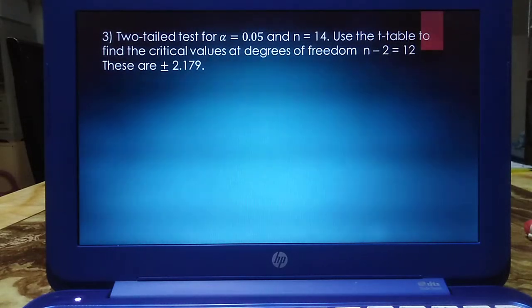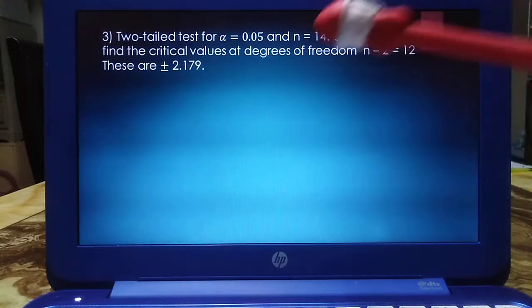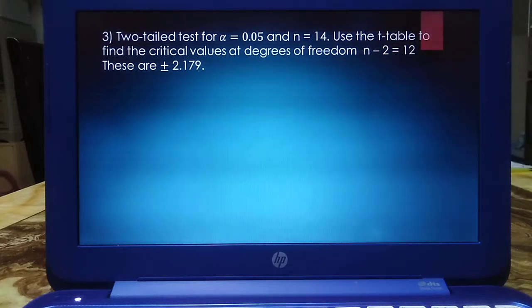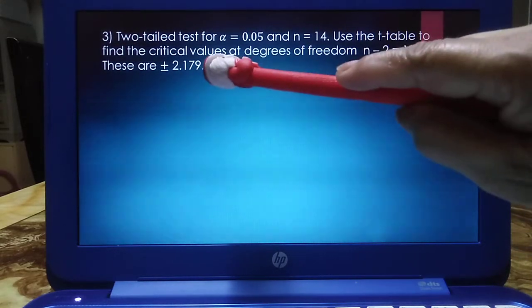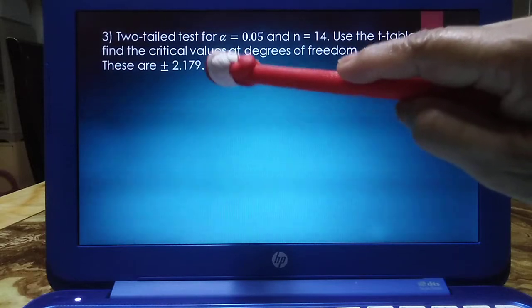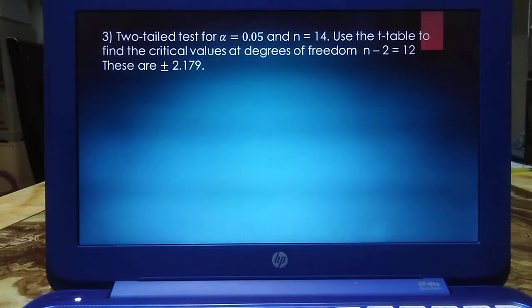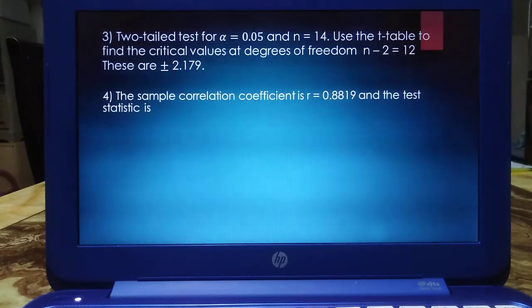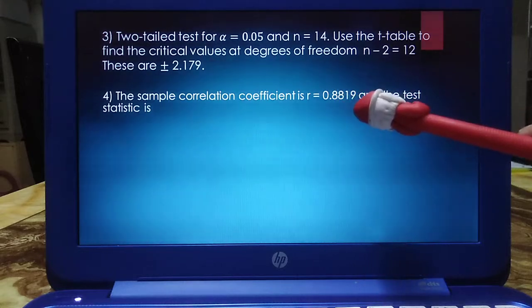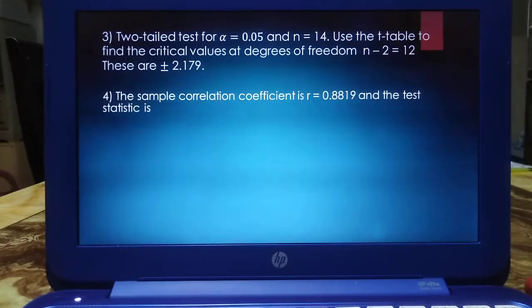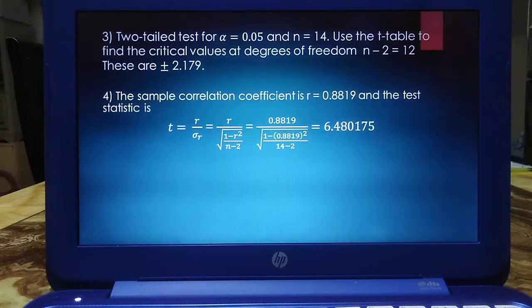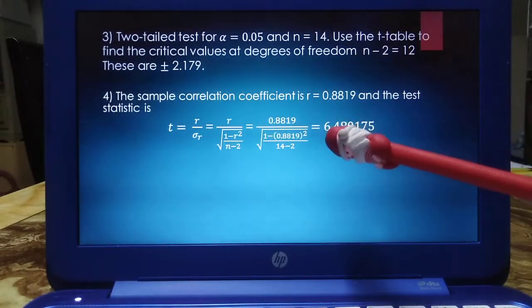2.179. From the t-distribution table, we're going to see that if the data is 14, then we're going to look at the level of significance as 0.05. And we got this. Where did we get 2.179? We got this from the table, t-distribution. And the sample correlation coefficient is